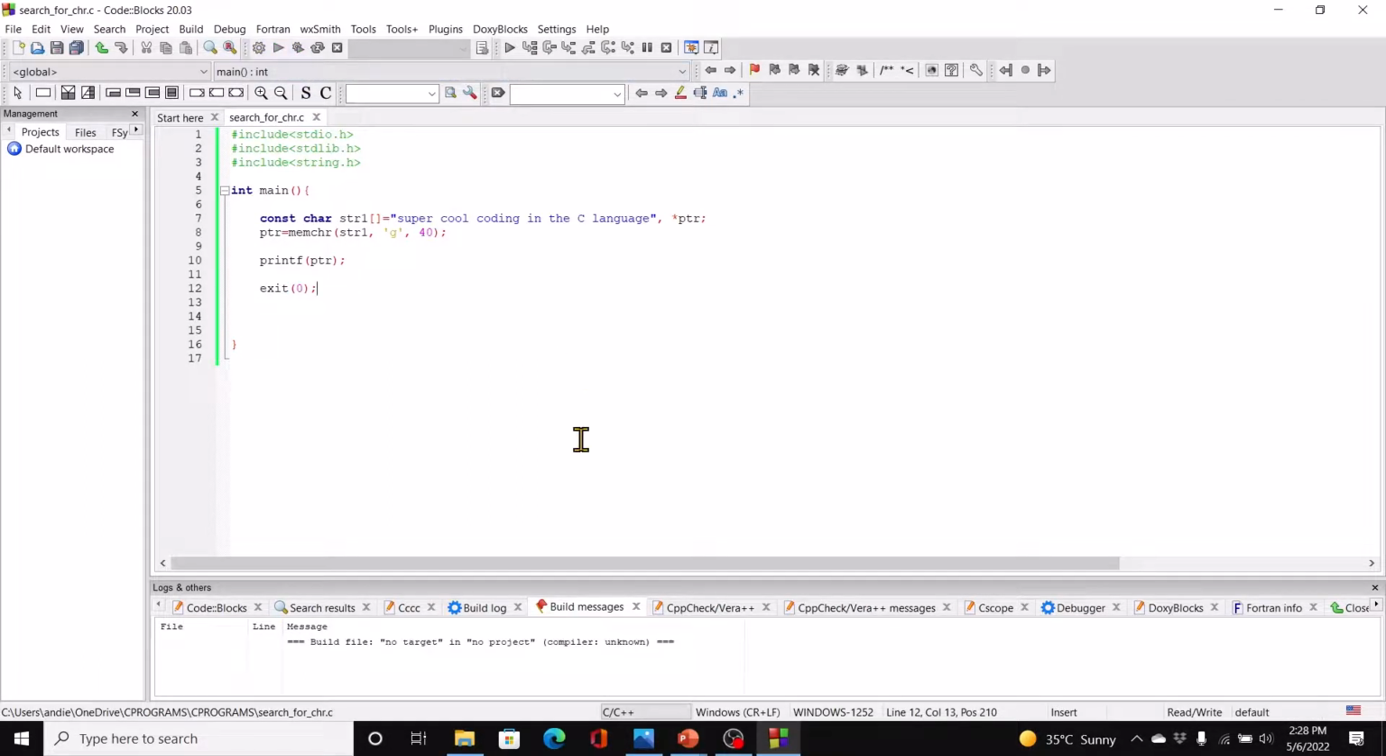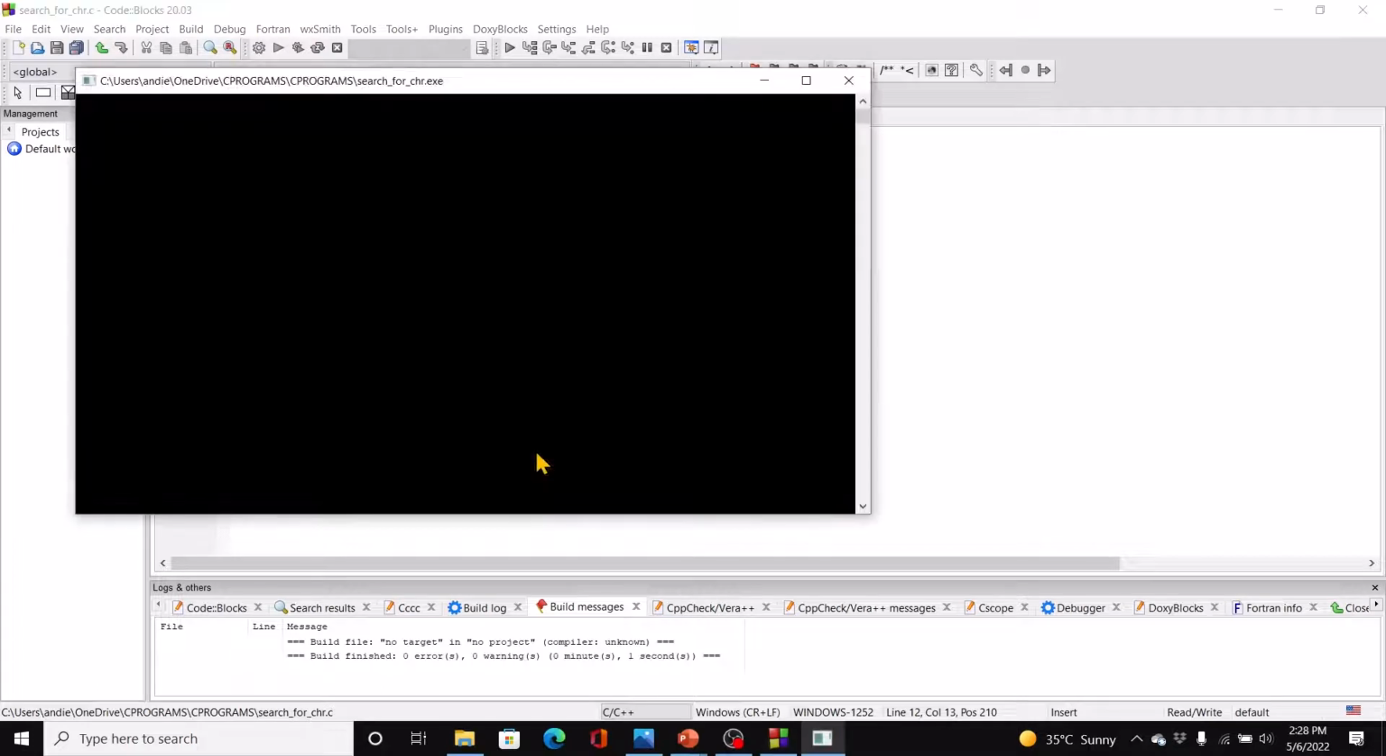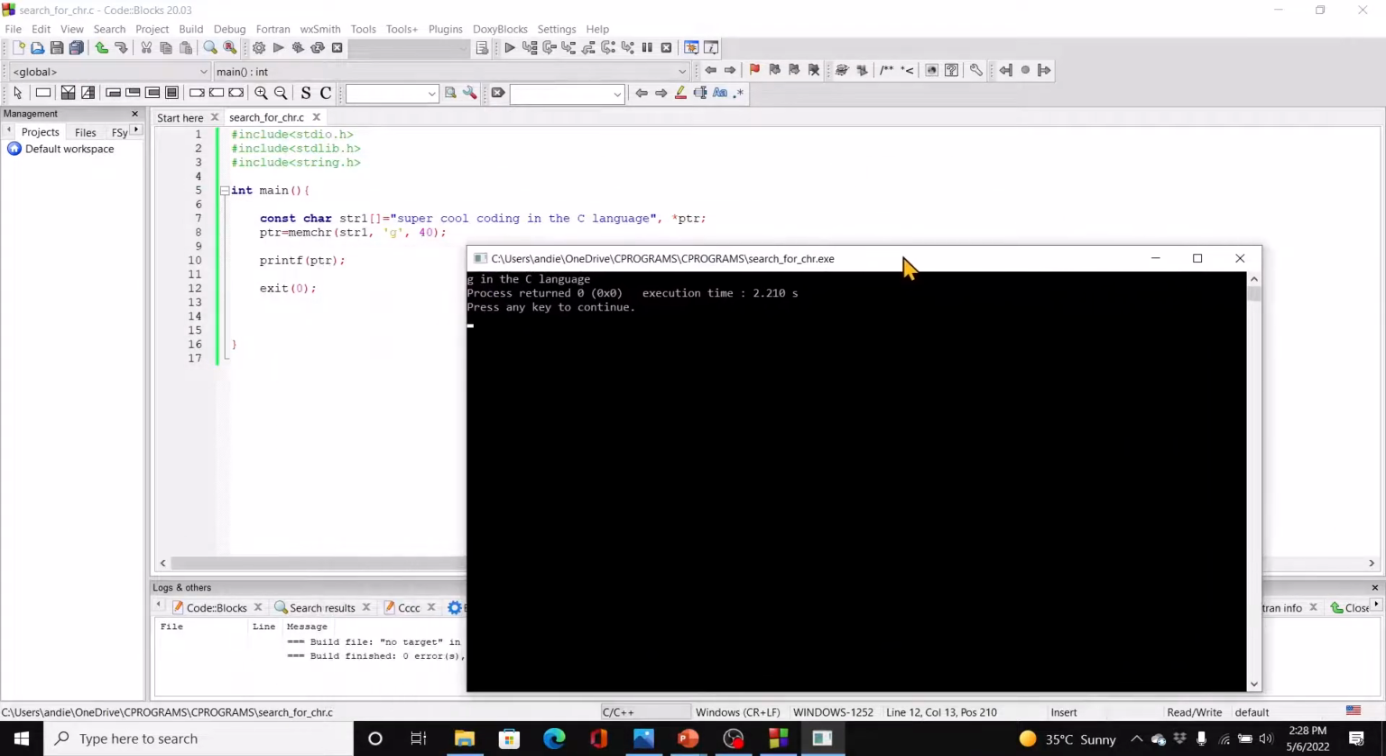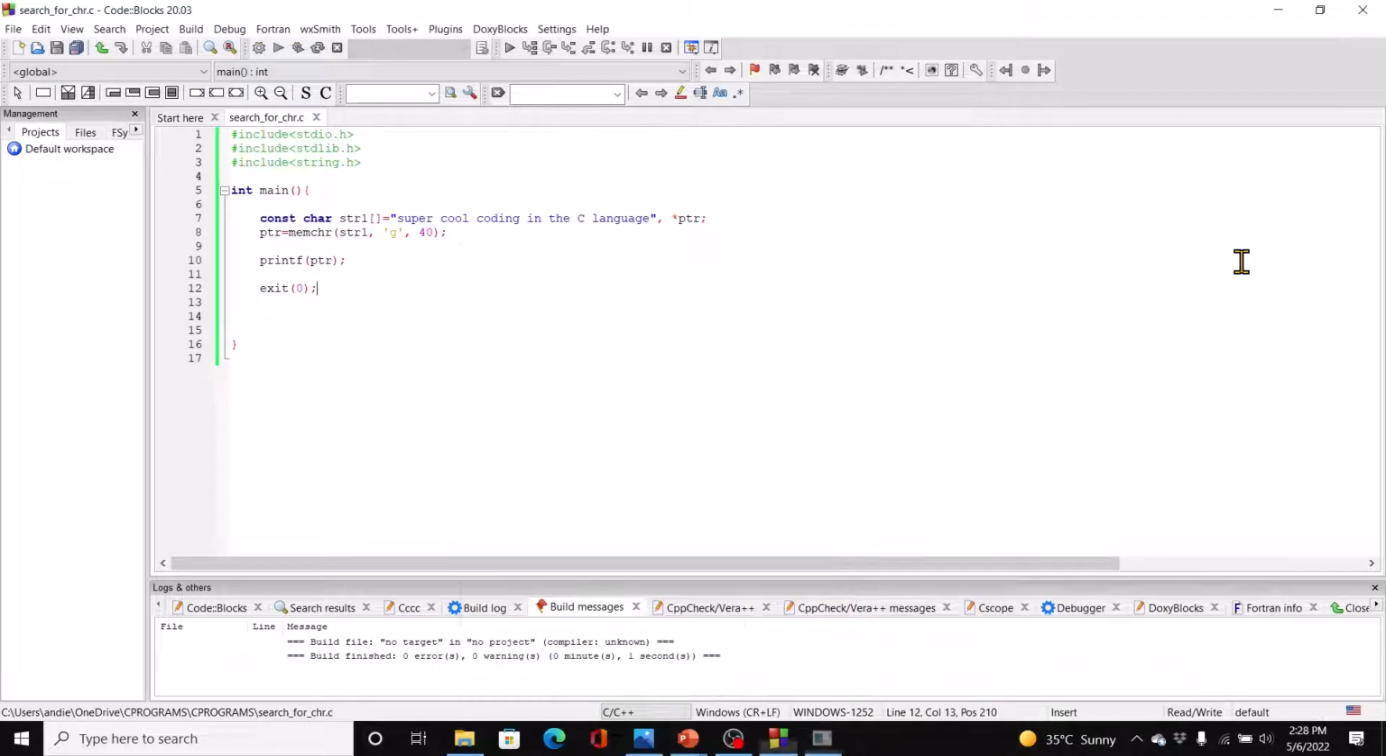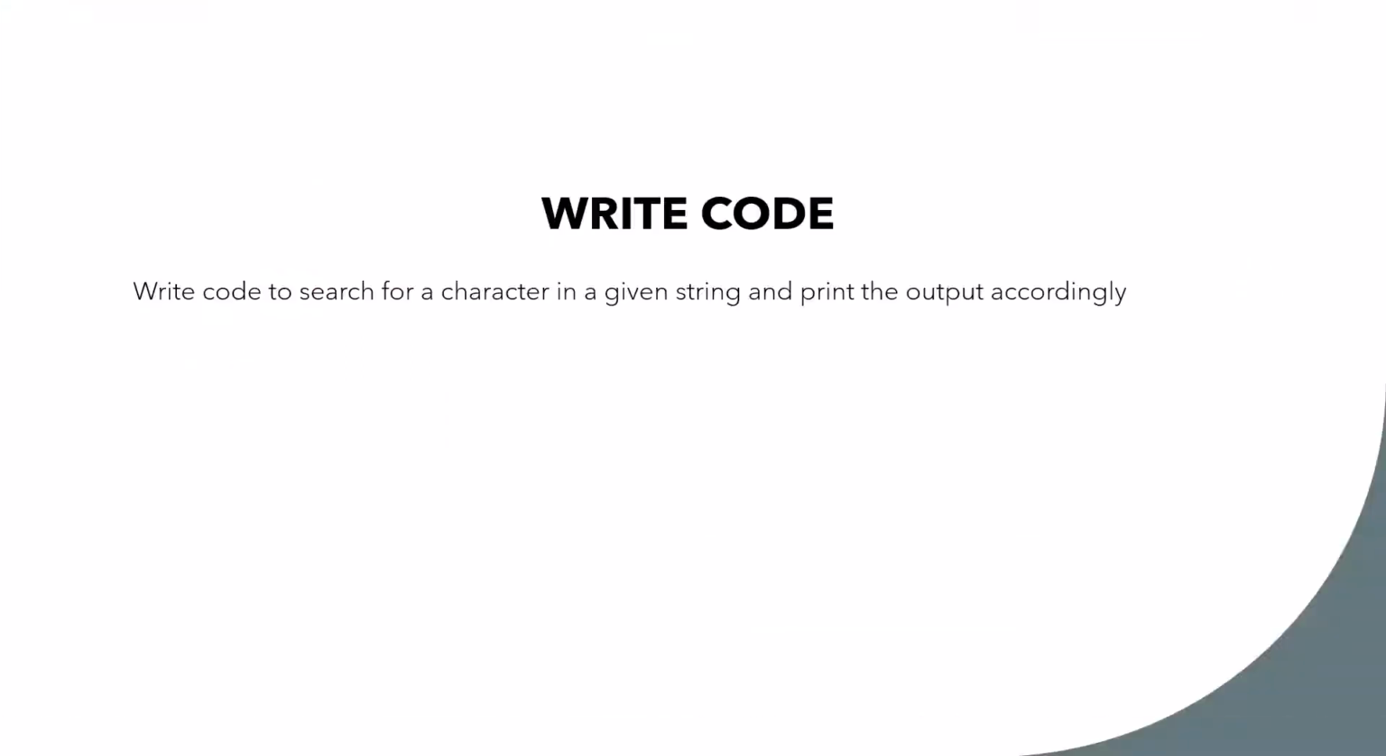Let's run this. And you can see that this particular function has found the first occurrence of g and then returned the rest of the string, right? Starting from that point. Okay, so this is how memchr works. Moving on,